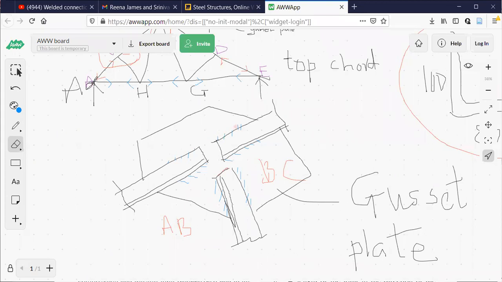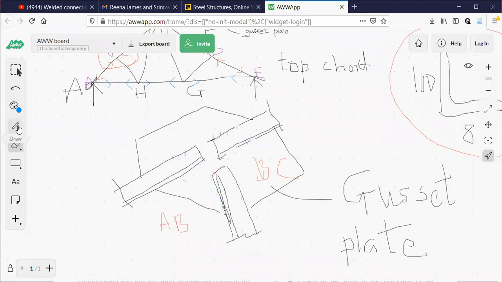I'm going to use the second option, that is bolted connection. Imagine these lines are removed, that's all. Weld is not there.